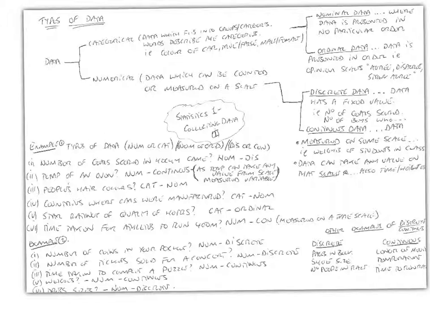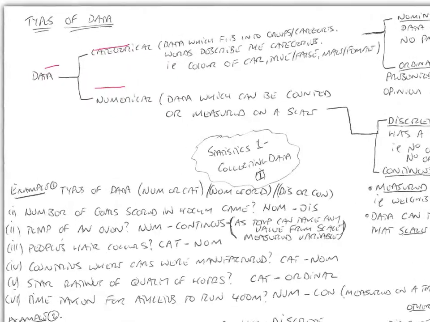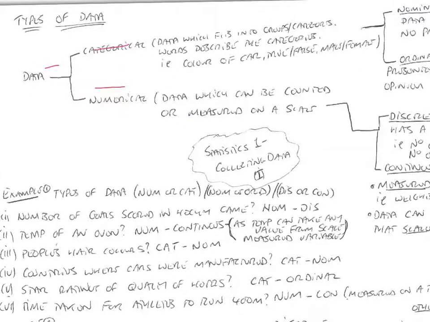seek to collect. Okay, so the first type of data, well, data can be broken into two parts: categorical and numerical. Okay, so categorical is data which fits into groups or categories. Okay, and words generally describe these categories, like the color of a car, if something's true or